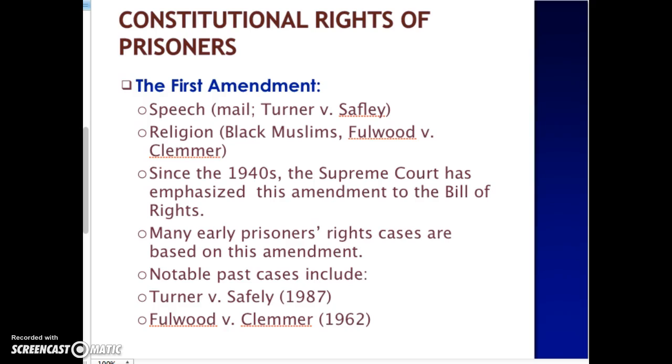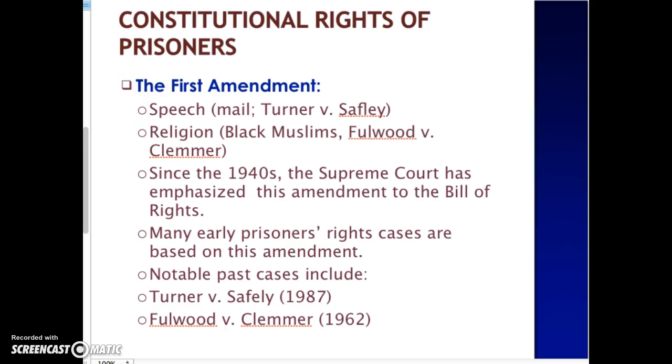So, for example, in 1974, the Supreme Court ruled that censorship of mail was permissible only when officials could demonstrate a compelling government interest in maintaining security. The decision in Turner versus Safley allowed Missouri to ban correspondence between inmates at different institutions as a means of combating prison gangs and communicating escape plans. The court reaffirmed this in 2001 when it said that regulations concerning mail among prisoners are valid if they meet the Turner test, without regard to whether the letters contain information relevant to a legal case.